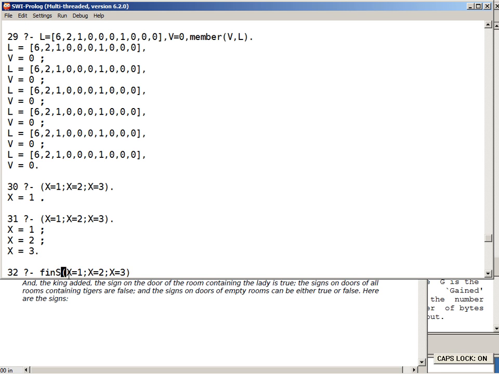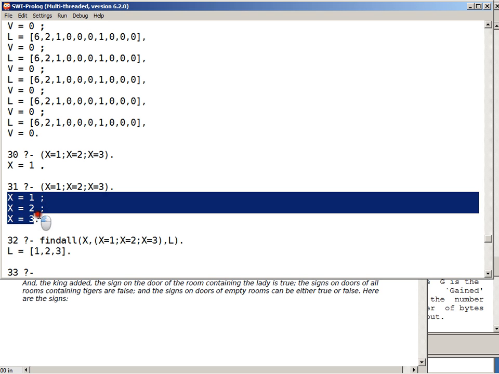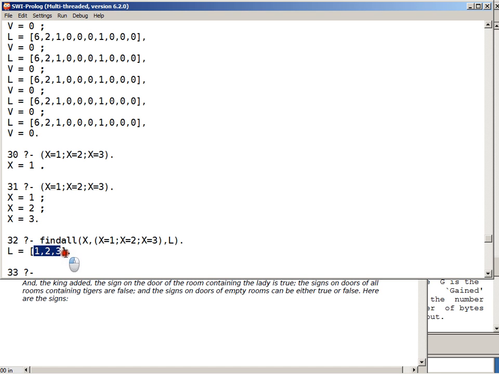Do you remember findall? So I want an x, this is my goal, and I want the answer collected into a list, let's say L. I can put any goal here that succeeds multiple times, and I can take something like this and convert it into something like this, right? So if I do the same thing here, I say findall,